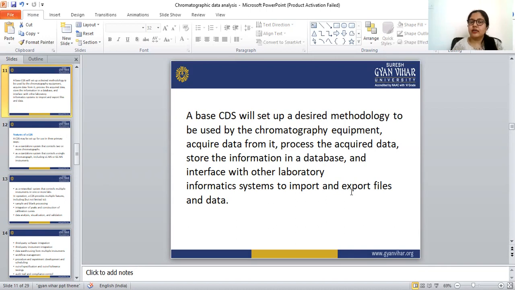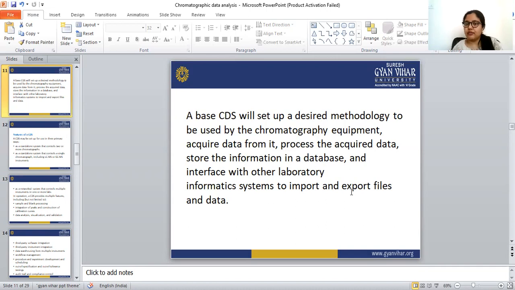The features of the CDS help us to acquire the data from the chromatographic equipment. Processing the acquired data means the CDS helps in the processing of the collected data.